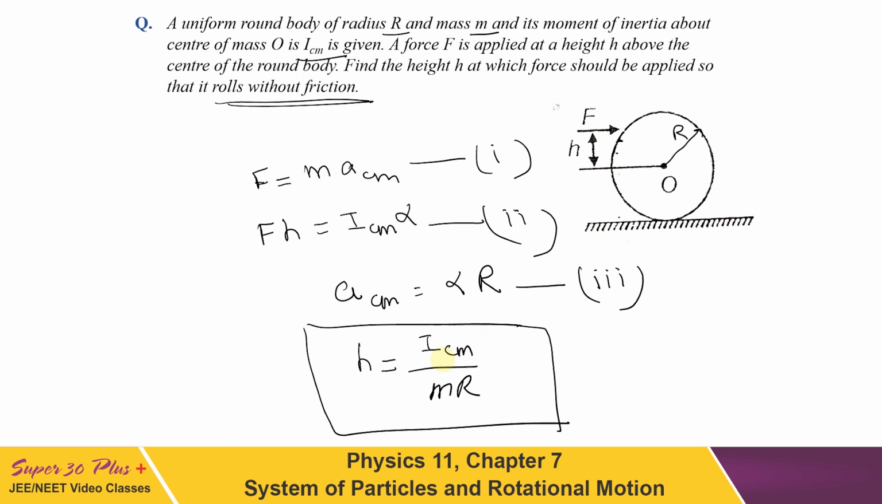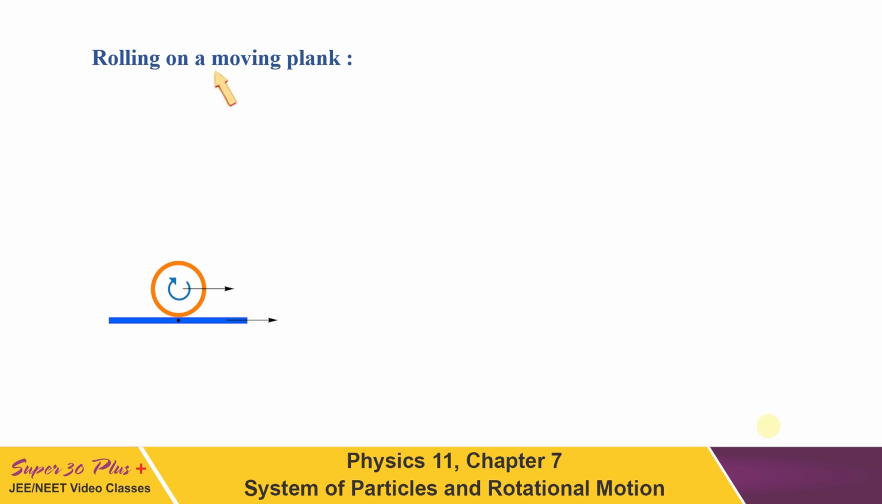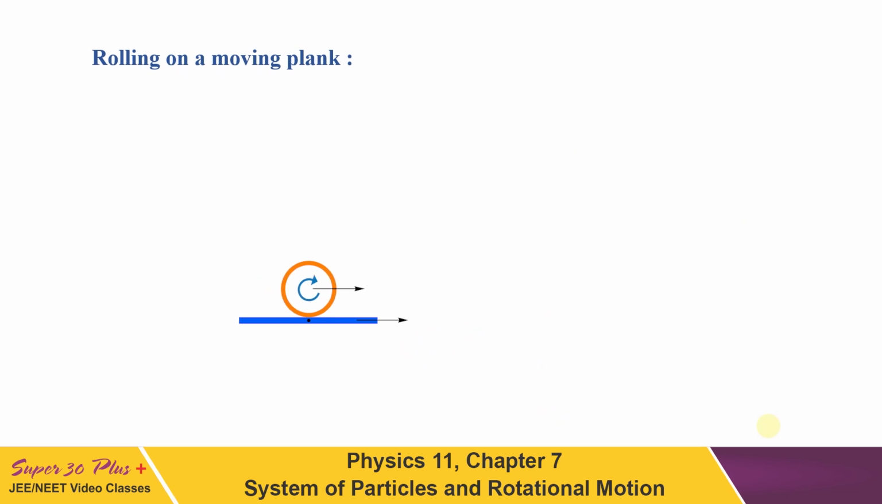Let us see one more small subtopic, that is rolling on a moving plank. Till now we had considered rolling on a fixed surface, and this time if it is not fixed, what will be the conditions involved and how it will change the scenario while solving a numerical. So let us consider that one plank is there